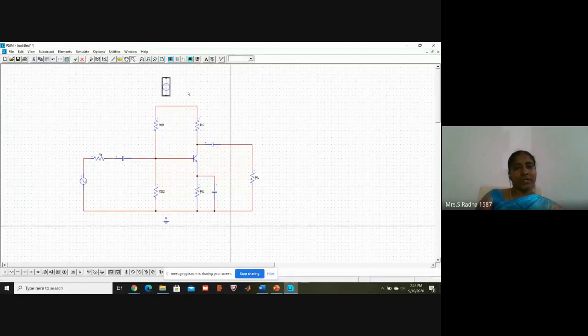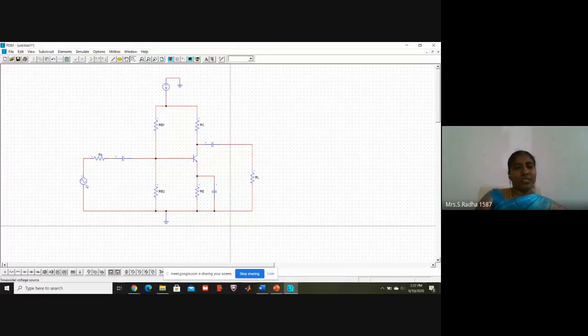So plus I need to connect to this point. I have to connect plus. And then here, ground connection. Escape. And once again, I am taking the ground symbol, and negative should be connected to ground. I am using this, and take the wire and connect this to. Okay, so now my circuit is completed.